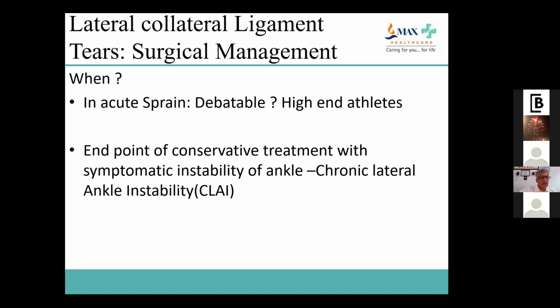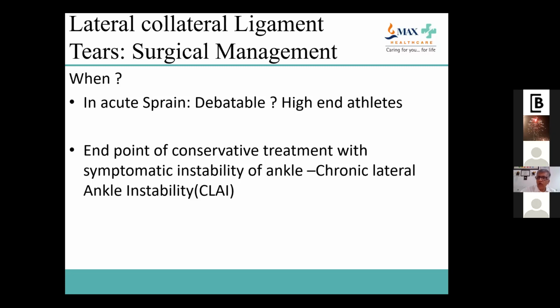Now everybody goes through this rehab period, which can be from 3 weeks up to 3 months. And sometimes if the patient is constantly improving but has not improved fully, the rehab program can go on for sports people up to 6 months.